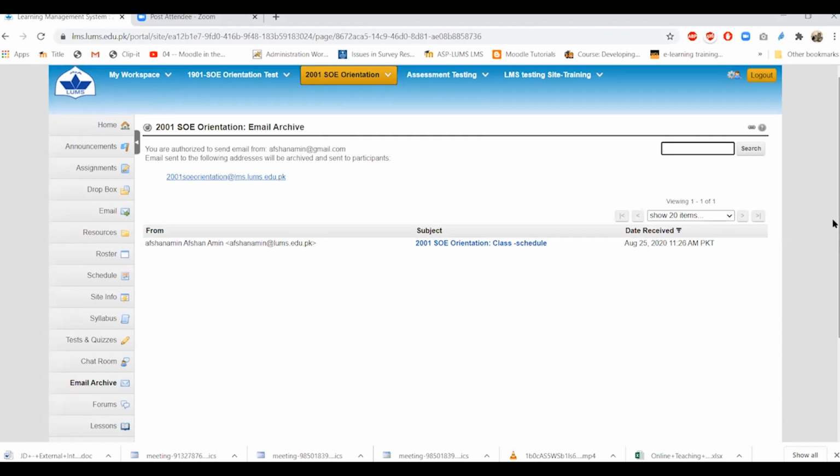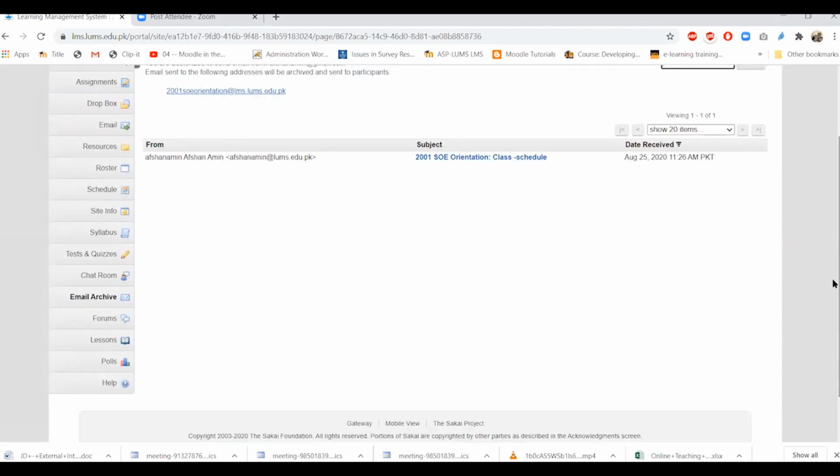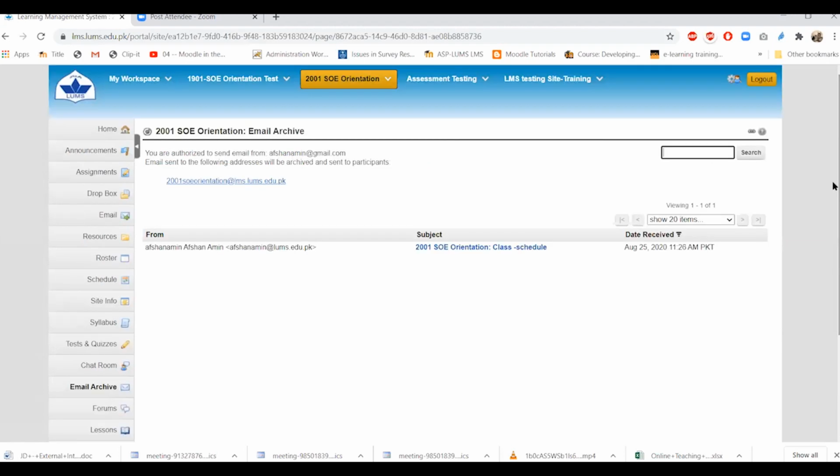If you don't receive an email from your instructor regarding your resources, class scheduling, or any upcoming test, you can go to the email archive and view whether your instructor has sent a message to the class or not. Some students do complain about not receiving emails from instructors, which usually go to clutter or the junk email. So you can always check the email archive if your instructor has enabled it. Otherwise, you can always contact IST, but check your junk mail and clutter for these course related emails first.